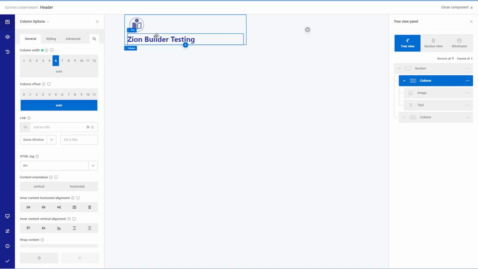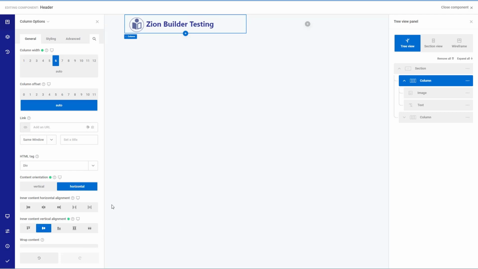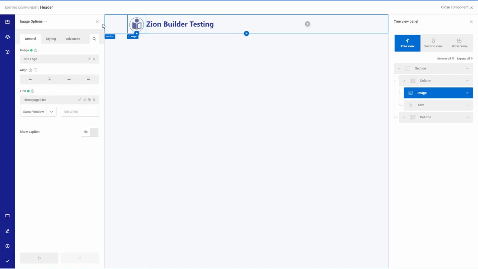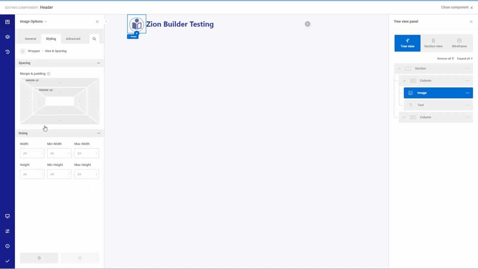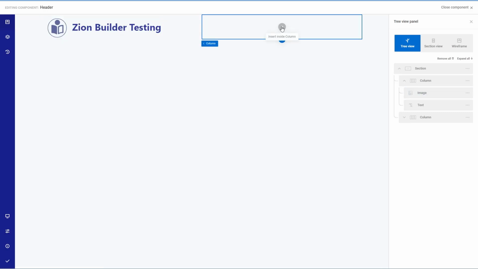So I'm going to click this column. Now we want to put these side by side. So I think I go flex horizontal, and that was good. Bingo. Nice. Okay. And so on this one, I'm going to go here, and on the wrapper, I'm going to give a little bit of padding there, so there's some space. There's our site